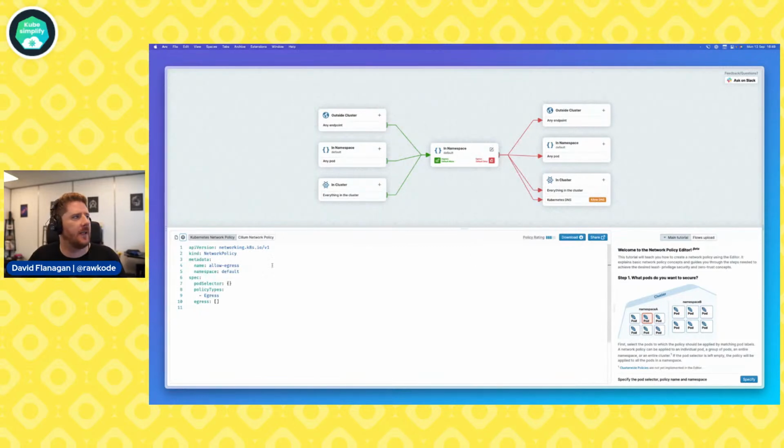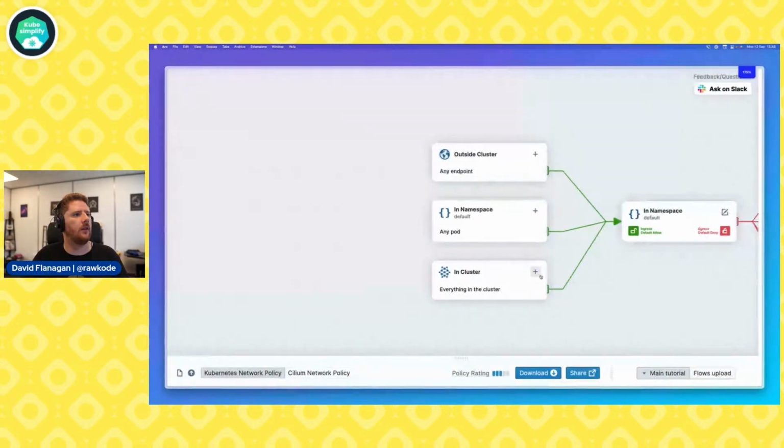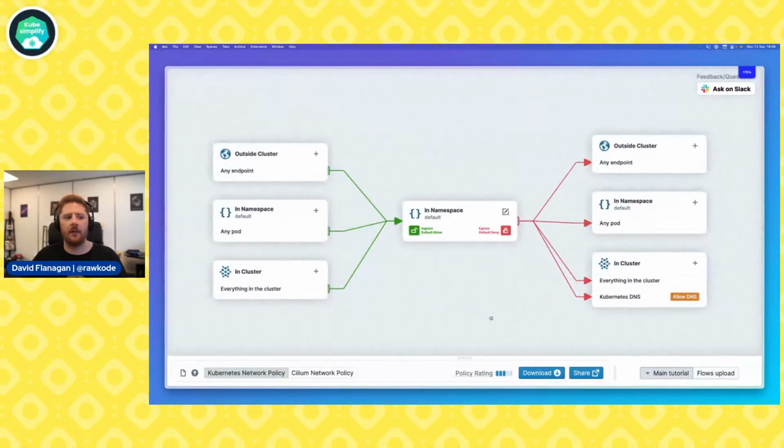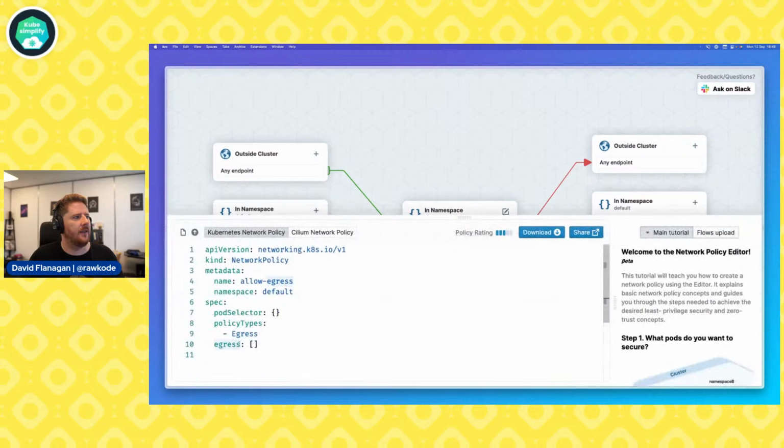Now, we can see this is the same policy. Drag this down so that we can make this bigger. Hope that's all right for you. And we can see here that in our default namespace, we have this egress default deny. So now we have this visual interface that explains that YAML to us. And in fact, if we drag this up a little bit, there's our egress type here.